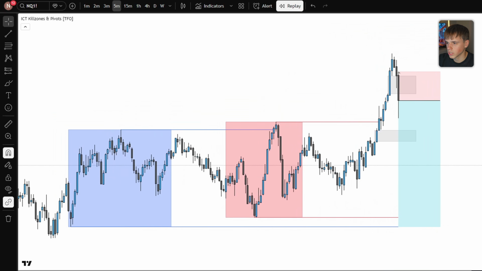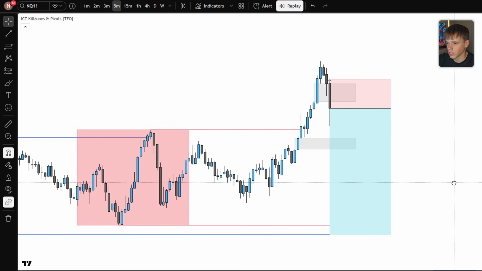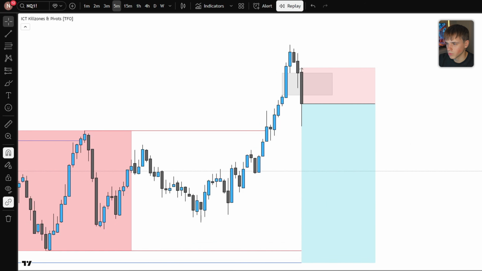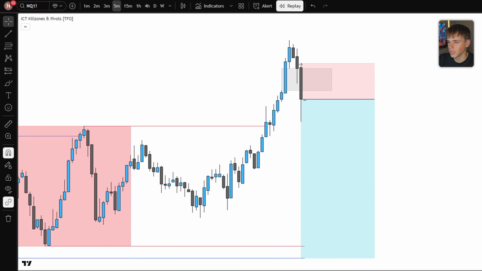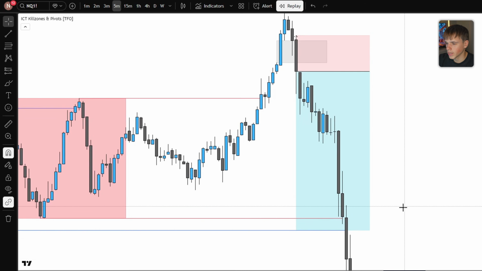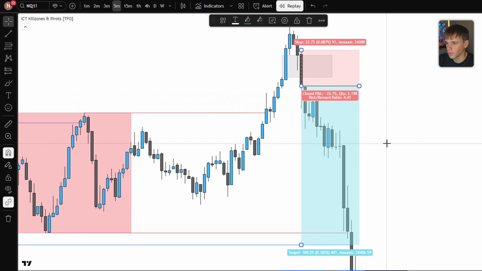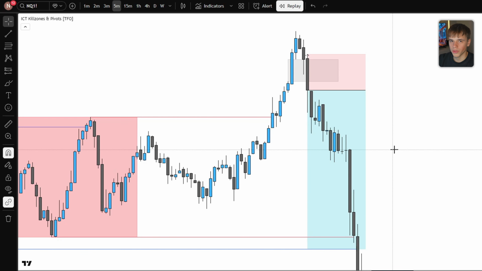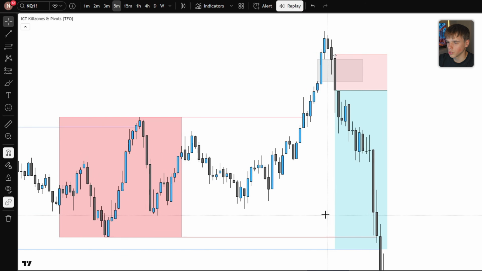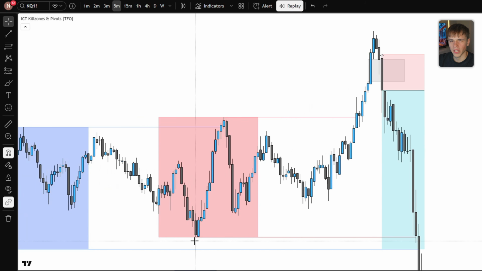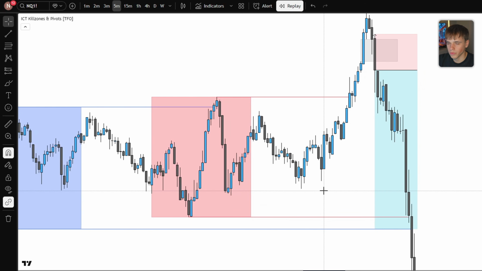So if you zoom out, you can see we are in the setup from right here. We are targeting London and Asia low right now. So I'm going to move these fair value gaps out of the way, and let's see what is going to happen in the market. So market just started going to the downside, and let's see. So market in the end ended up hitting full TP, and it's also a huge risk to reward. So that's also a really good thing about this, because we can target huge targets, and they're going to be kind of like magnets in the markets, because it's just huge liquidity points that market is very likely going to